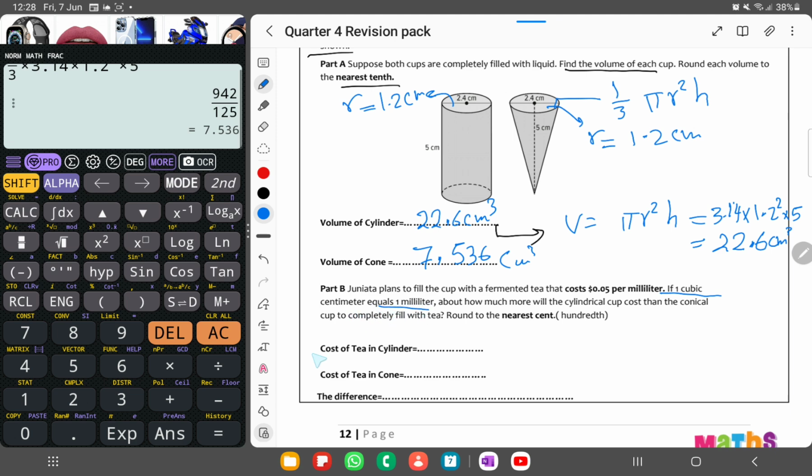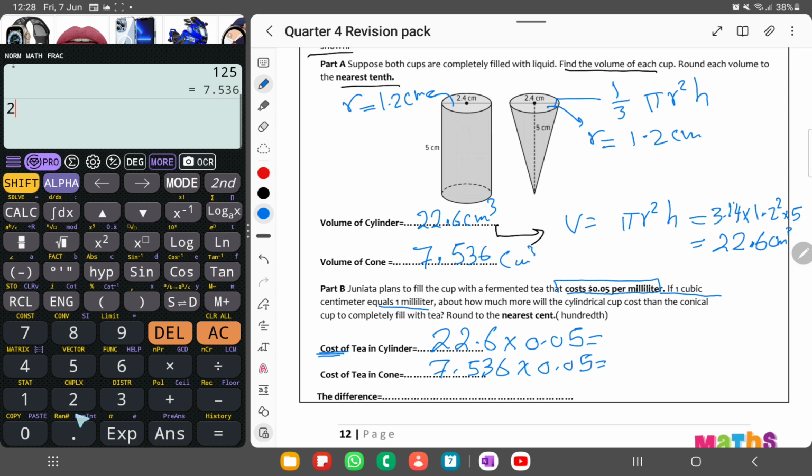And here he said that 1 cubic centimeter equals 1 milliliter, and the cost is 0.05 per milliliter. So to get the cost of the tea in the cylinder, we're going to multiply 22.6 times 0.05 to get the answer, and to get the cost of the cone, 7.536 times 0.05. 22.6 times 0.05 is $1.13, and the other one here